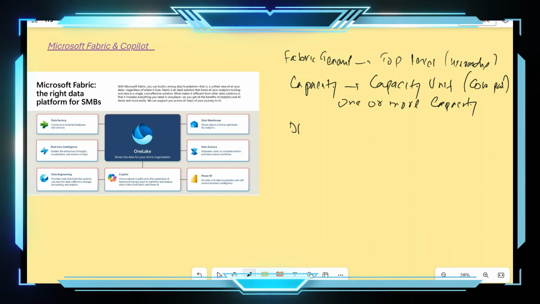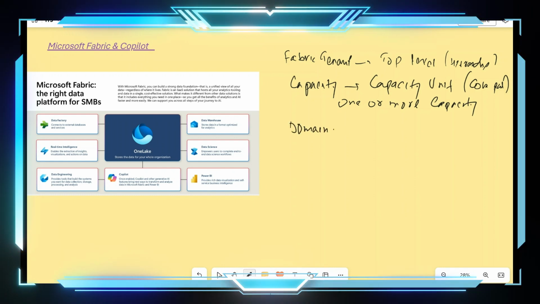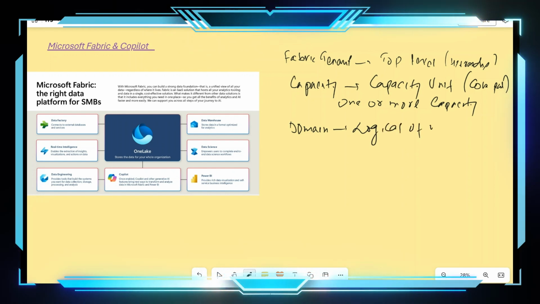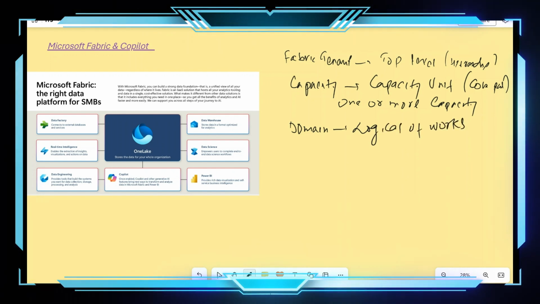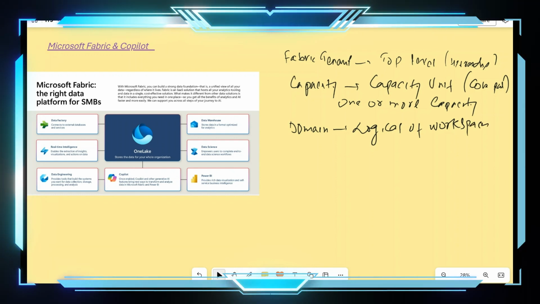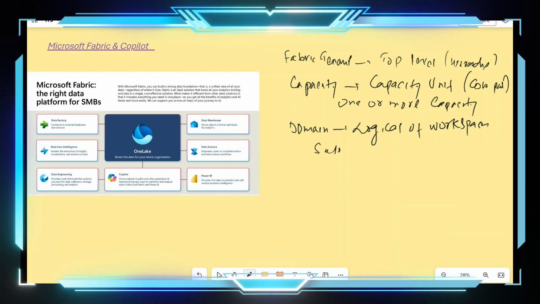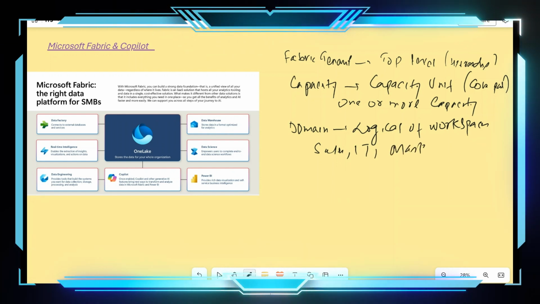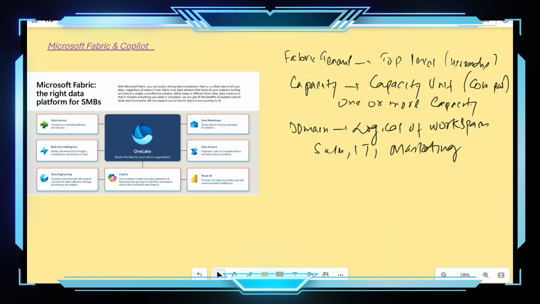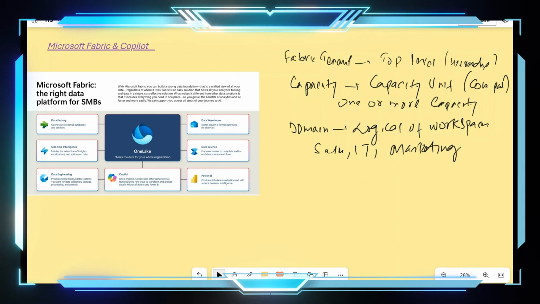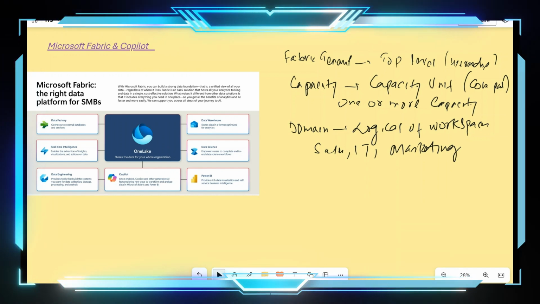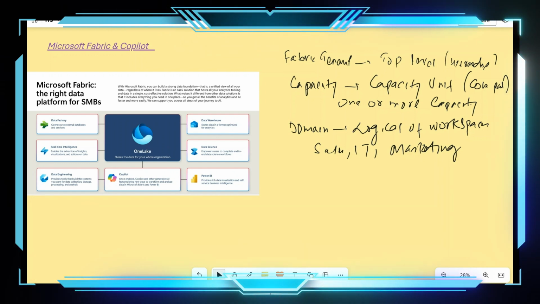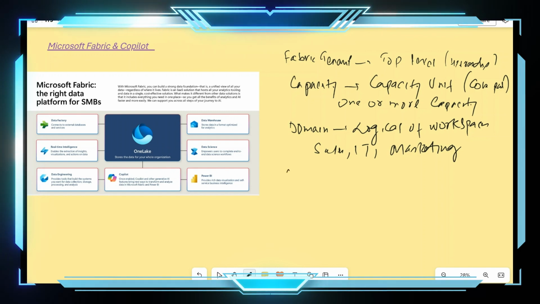Then you have the domain, which is a logical grouping of workspaces. As an organization, you might have different departments like sales, IT, and marketing. With a domain, you can group these different workspaces, and based on the job requirement, you can give access to those folks accordingly. And then you have the workspaces,